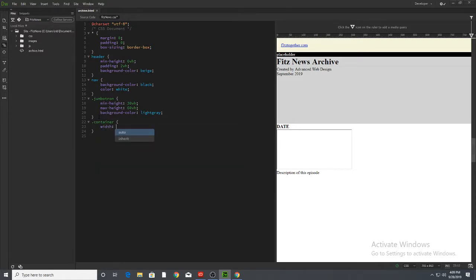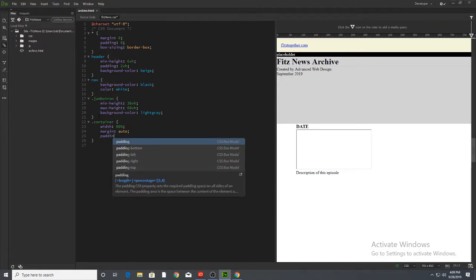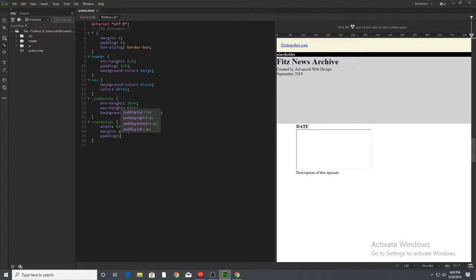width of 80%. For some reason, I can't find the percent key. Sorry. A margin of auto. And we'll say that we want it to have a padding of 2 VH as well, just so it doesn't touch the outside. One thing that we should do real quickly, because we definitely want all of our content to